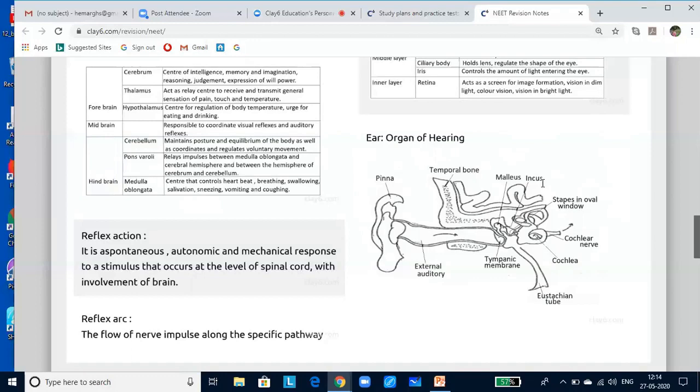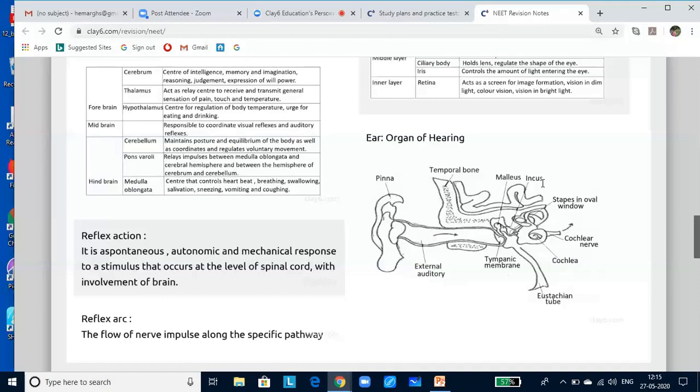Now the third part will be the inner ear. The inner ear contains a vestibular apparatus which is composed of three semicircular canals and the otolith organ consisting of saccule and utricle. The base of the canals is swollen and it is called the ampulla. The saccule and utricle contain a projecting ridge called the macula. The crista and the macula are the specific receptors of the vestibular apparatus that are responsible for the maintenance of the balance of the body and posture.